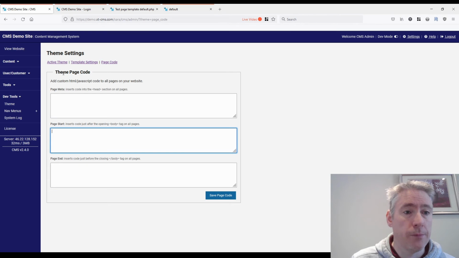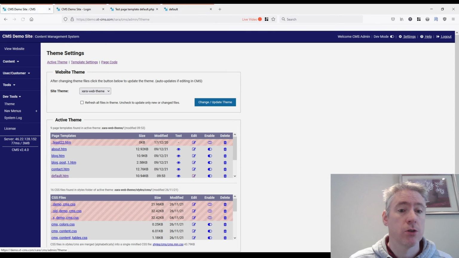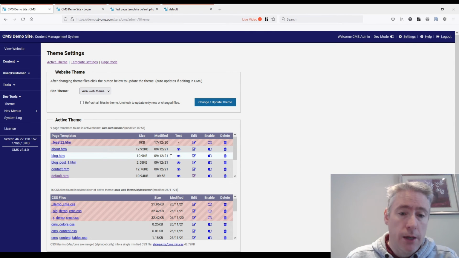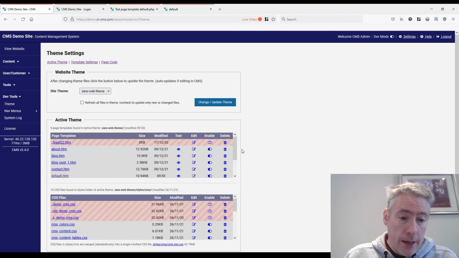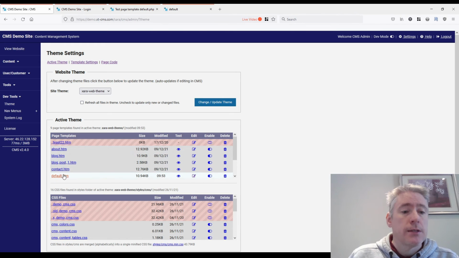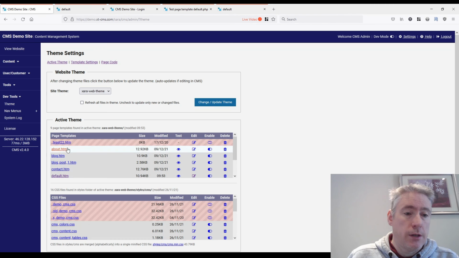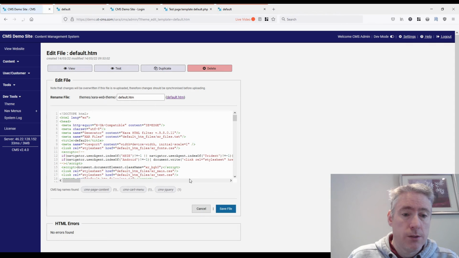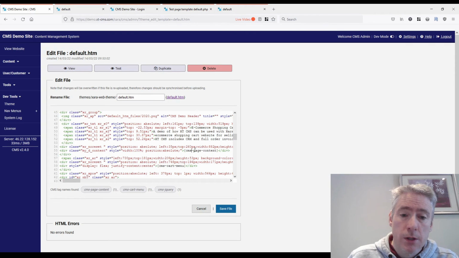Now that's a big feature that's coming in 3.0. A lot of improvement there with that. One other thing I'll mention is that the template tags have changed. If I just go back here and edit this one. In the previous version, the content tag was page_content. So now it's changed to CMS page content, and it's separating with hyphens.